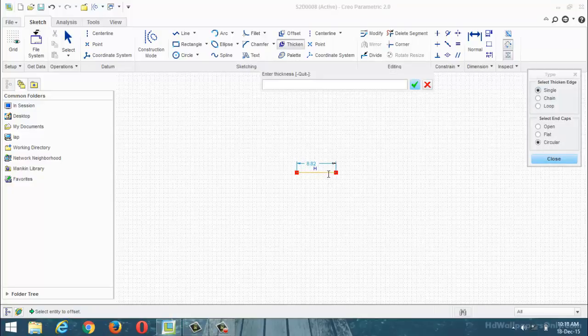Again this time thickness equal to 10. Now this arrow direction represents positive direction. Now I am going to enter the offset value in positive value. This is the direction. Again I am going to enter a negative value. This is the negative direction. Okay, now I am going to enter minus 3. Total thickness is 10, and my offset is minus 3. So now this is the minus 3, and this is the 7. Okay, and any more?